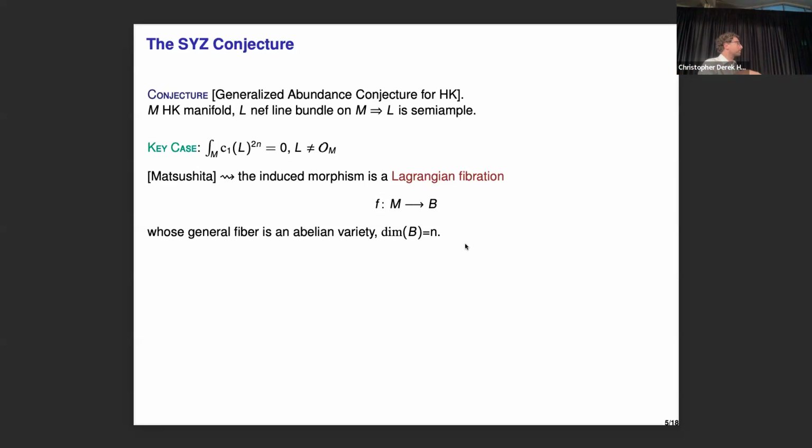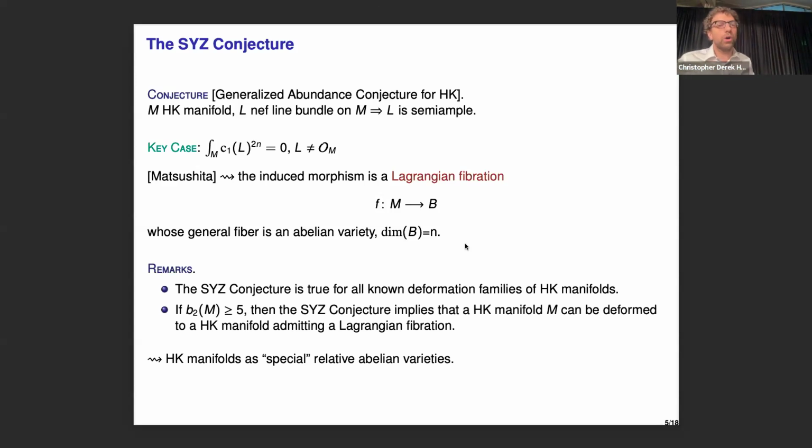It means a morphism from M into B. B might be singular, and that's a problem. There are conjectures also on what B is, such that if I take the general fiber, the symplectic form is trivial on the general fiber, and the fiber has dimension half the dimension of the variety. So it's really a Lagrangian submanifold. And as I said before, by the Arnold-Liouville theorem, this will be an abelian variety. So any morphism from a hyper-Kähler manifold is a Lagrangian fibration, essentially. That's the part which is interesting.